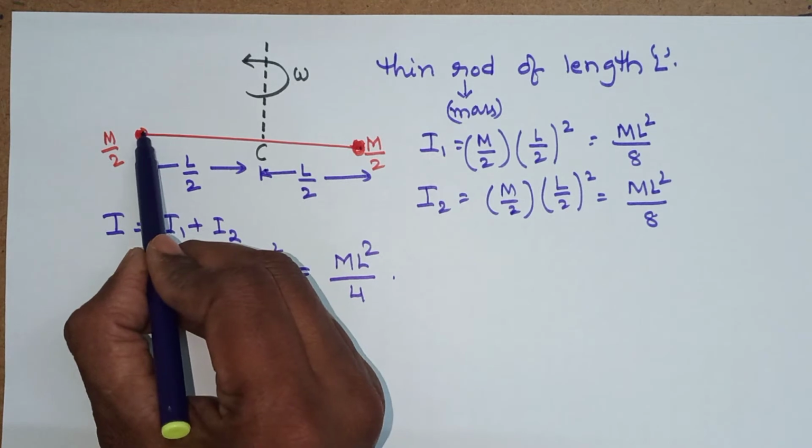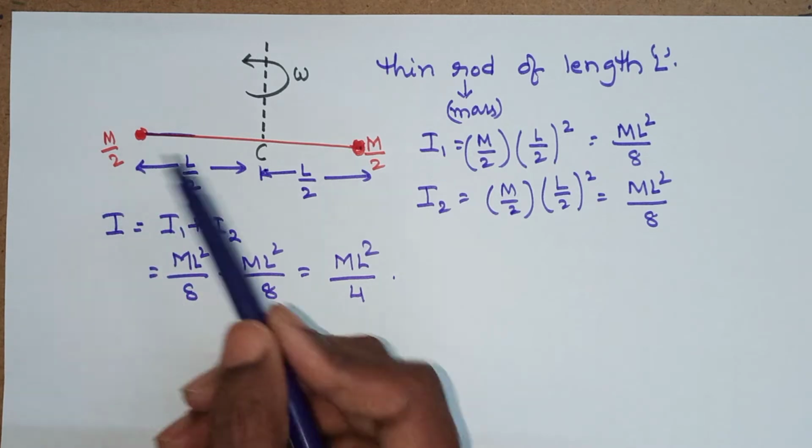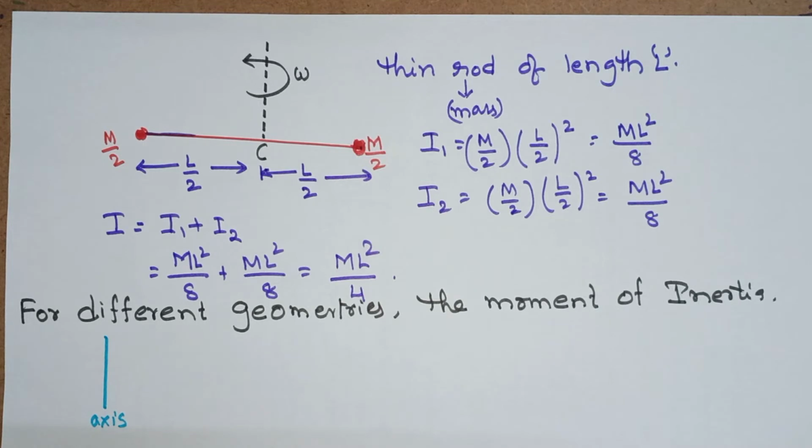If we consider the rod of length L and mass m, then again you have to add that particularly. So that will become again m L square by 4, that is the mass of the rod, all these things. But here we are not considering the mass of the thin rod, so that is not included. Otherwise, if the mass is there, we can include it. We shall see the various types of geometries and how to consider the moment of inertia. Now we see different geometries, how to write the expression of moment of inertia.